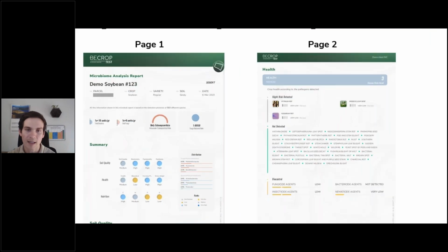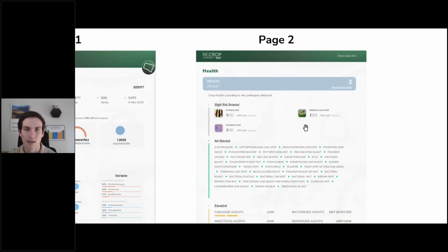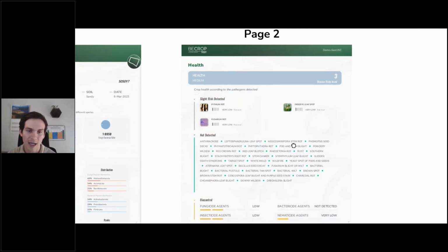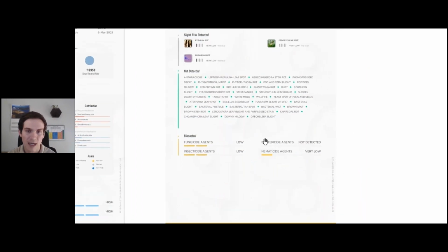The risk level provided is based, of course, on the presence and abundance of the pathogen, as well as natural biocontrol agents that can suppress pests and pathogens. And those biocontrol agents are also shown down here. Again, we look at fungicide, bactericide, insecticide, and nematicide agents. So these are bacteria and fungi that are capable of suppressing these types of pests and pathogens,